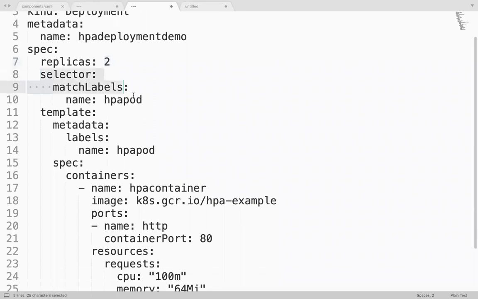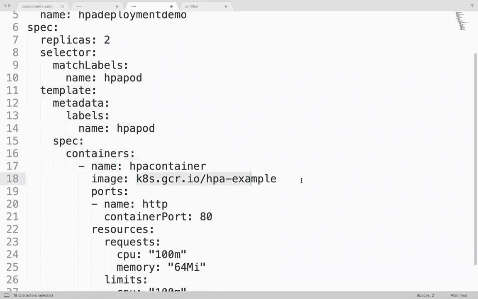You know what a selector is, what the pod template is, and I am using this image. This is just an image to demonstrate this, provided by Kubernetes. You can deploy this HPA for a Java web application also, or for any application.